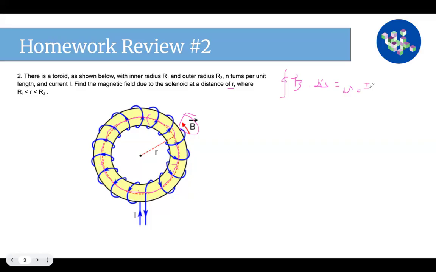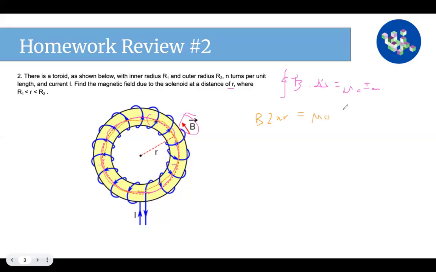So I enclosed. Okay, so if I just let my Amperian loop, the loop I do the integral over, be that exact circle with a radius of r, then the B field is always going to be parallel to my ds everywhere along that loop. So then I'll just have B times the circumference of the circle, right? So 2 pi r,